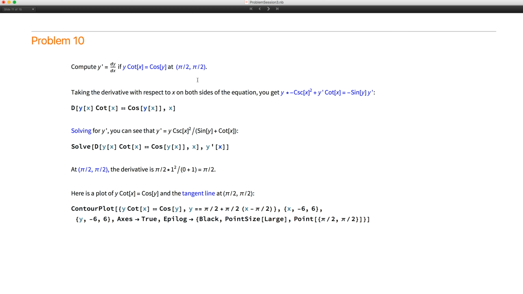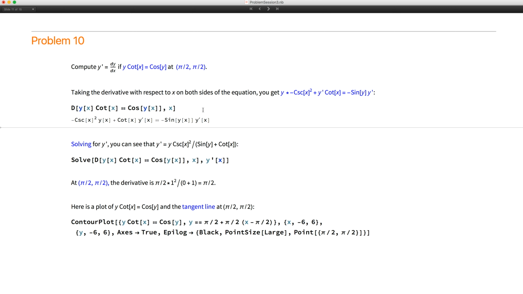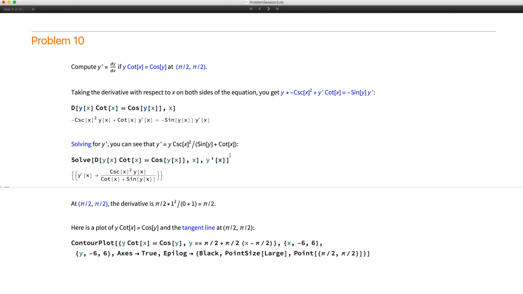So when you apply the rule, you get y times the derivative of cotangent, which is negative cosecant square x, plus cotangent of x times y prime. And on the right hand side, you get negative sine y times y prime. Check the answer with D. Then you solve for y prime x, like I've done over here. And finally, you plug in the value of x and y, and you get back pi over 2 as the